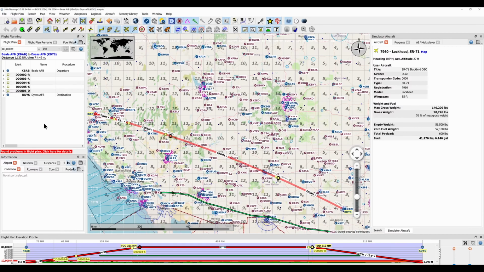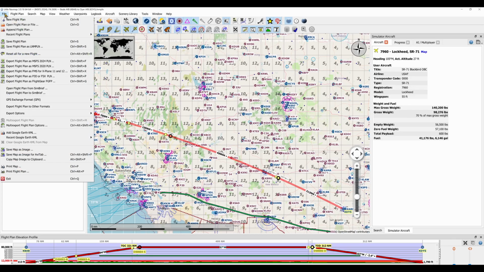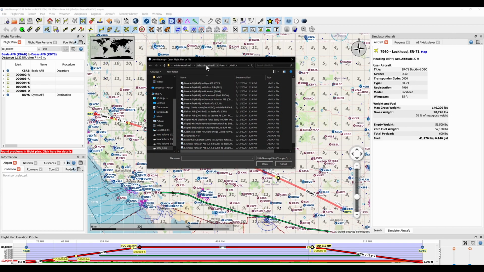Hello! I'm going to be doing a tutorial on LittleNavMap and the BlackBird Sim SR-71. I do have the payware scenery that Milviz also includes with KBAB or Beale Air Force Base. To get things started here, we're just going to be opening a flight plan that's already included in the plane